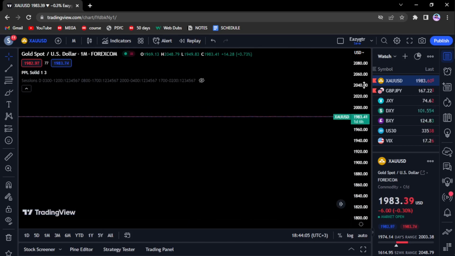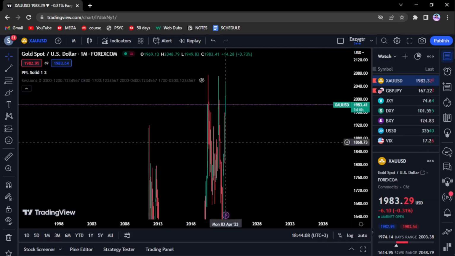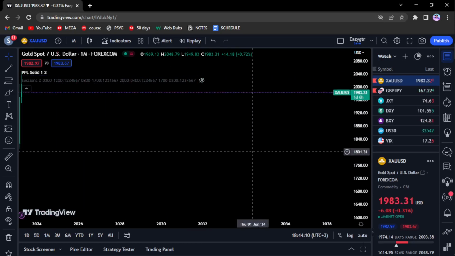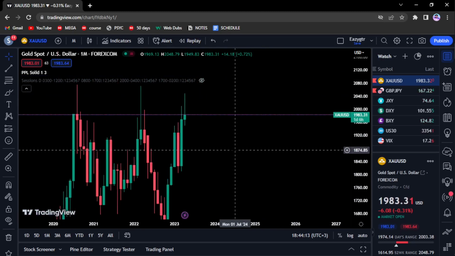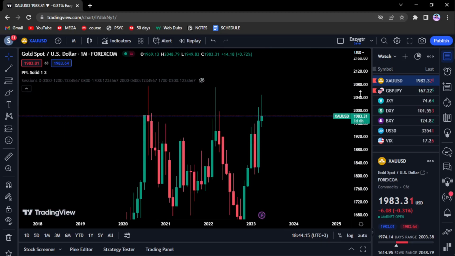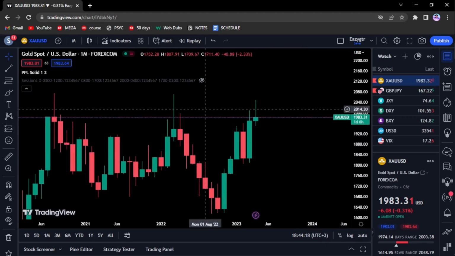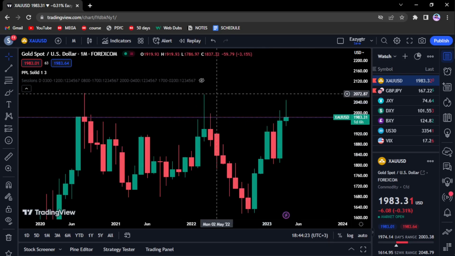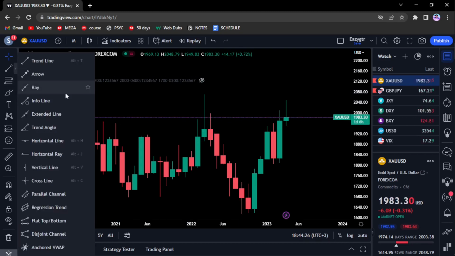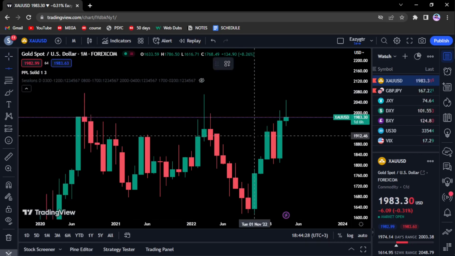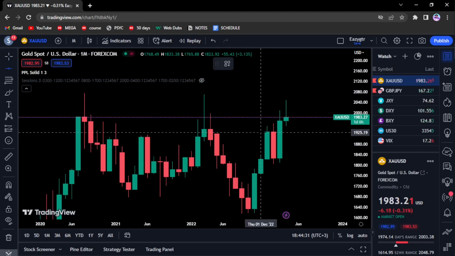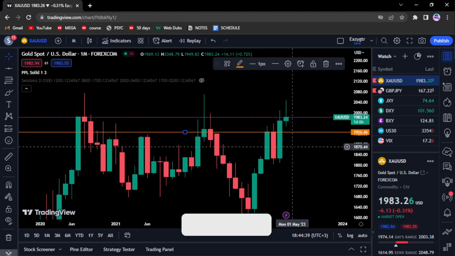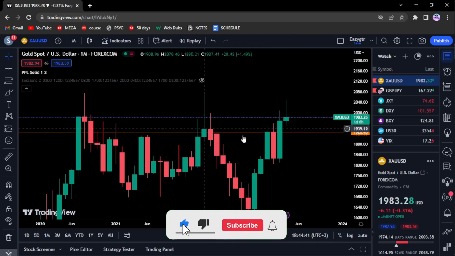Let me try and get this chart in order. Okay, so you want to use the candle bodies, the candle closes, to plot your key levels, and you can also use the top of the wicks to get reactive areas. Okay, so let's start plotting. It's so easy, and I wonder why people make it look like rocket science. So this is how we do it. Just take the bodies